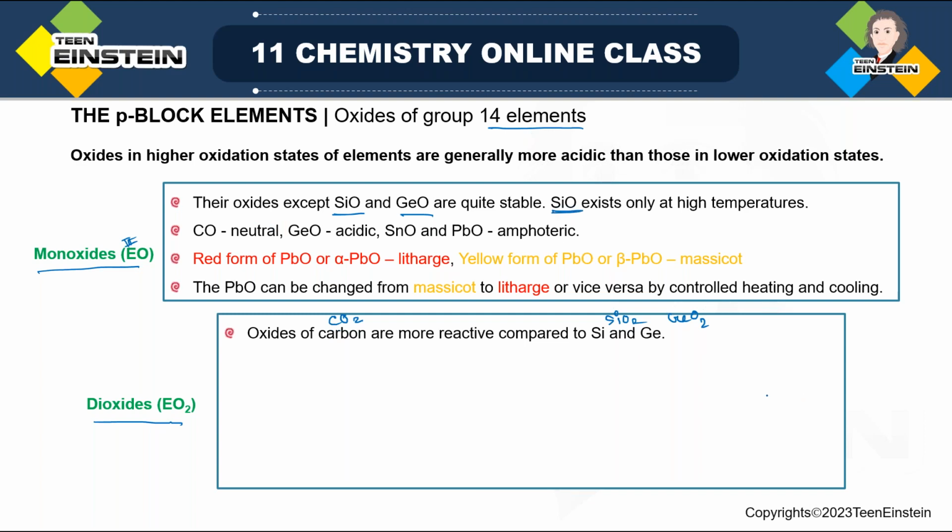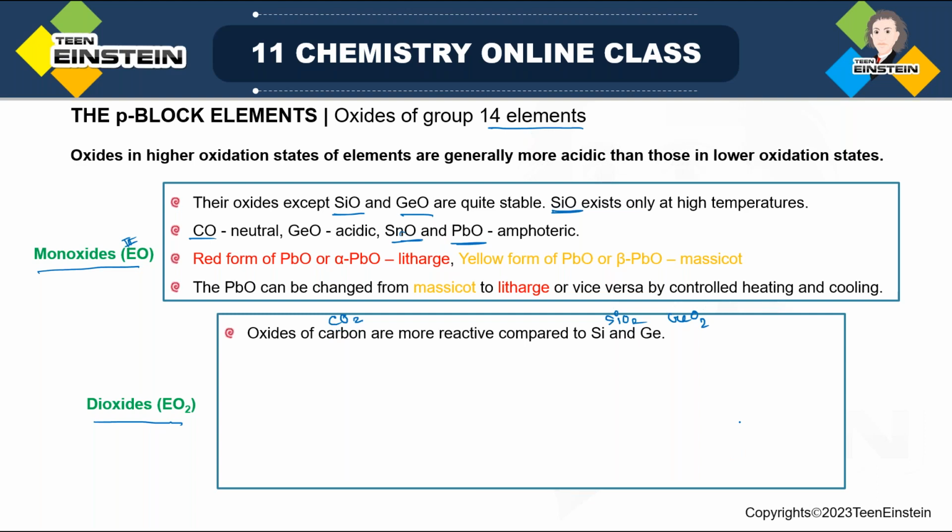SiO can exist only at high temperature. Now the first oxide, carbon monoxide, is neutral. That means it will not react with acid, it will not react with base. GeO is acidic in nature, and SnO, PbO are also